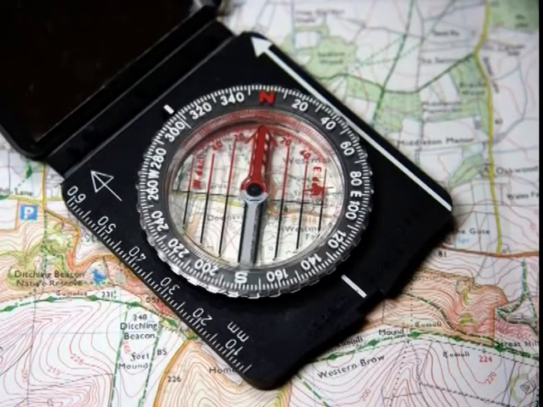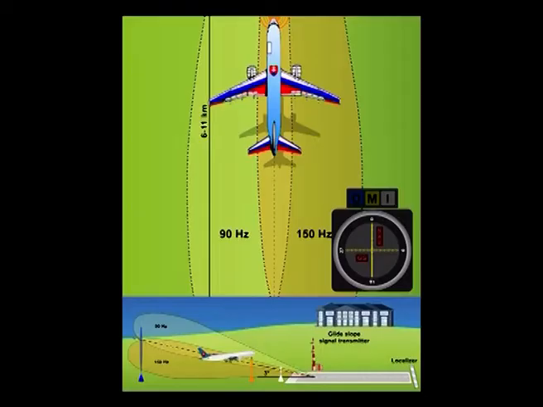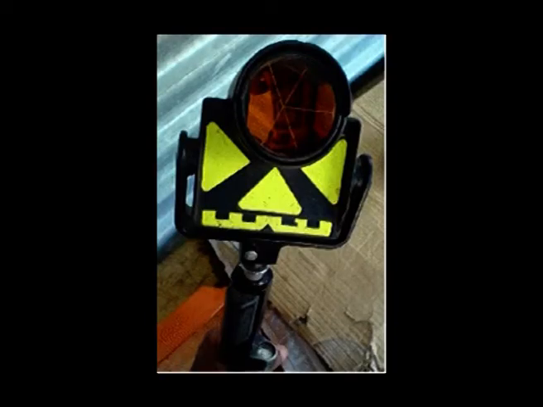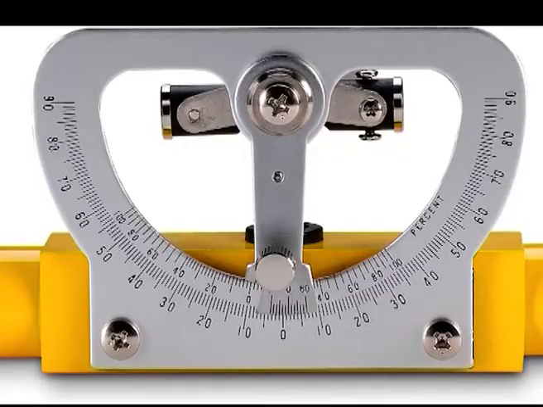Conclusion. An instrument used to determine the angle of the Earth's magnetic field with respect to the horizontal plane. An instrument for showing the inclination of an aircraft or ship relative to the horizontal. An airplane instrument, see turn coordinator or slip indicator. An instrument for showing a deviation from the true vertical or horizontal. An instrument used by a surveyor to measure an angle of inclination or elevation, compass with inclinometer.